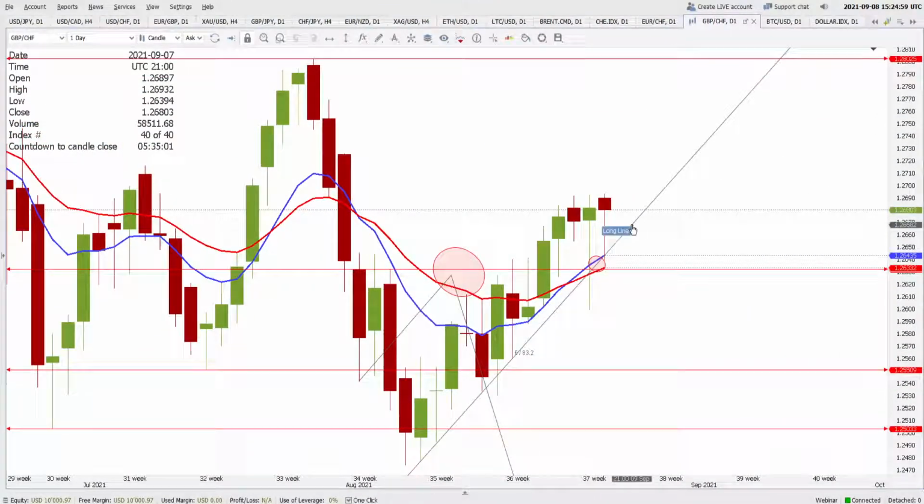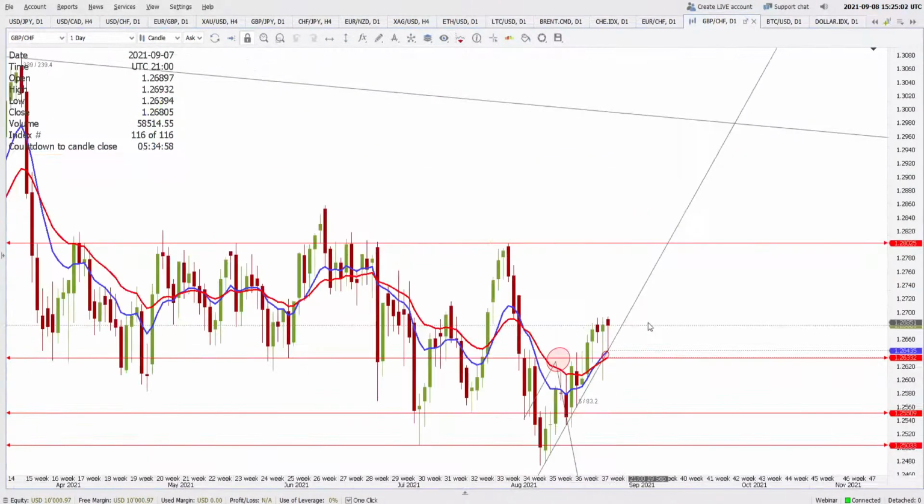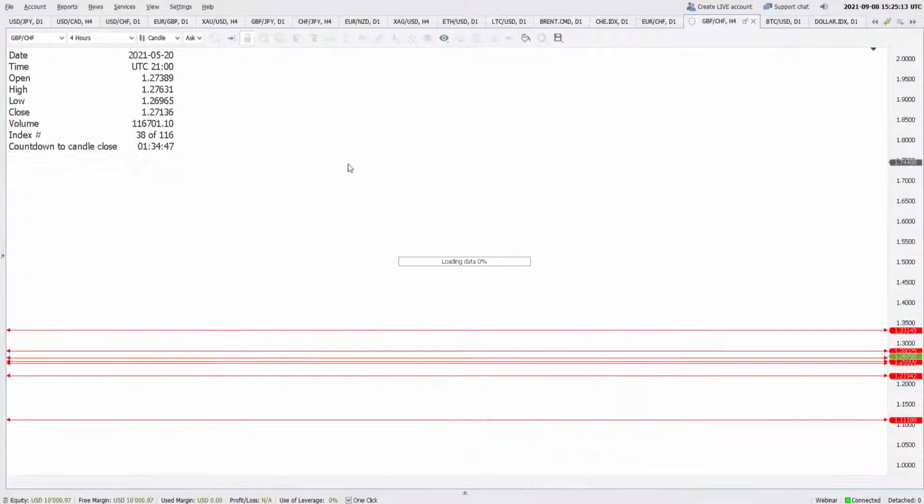Talking about the GBP CHF, continuous bullish pin bars is suggesting that the price is going back to 1.2802. The support is at 1.2633 and resistance is at 1.2802. If we switch it to 4 hours,